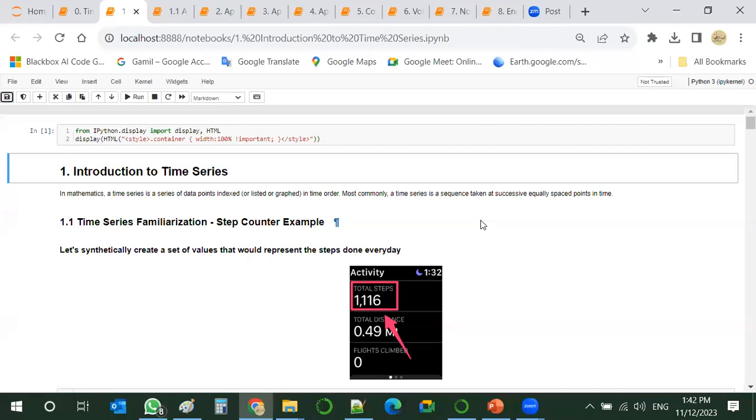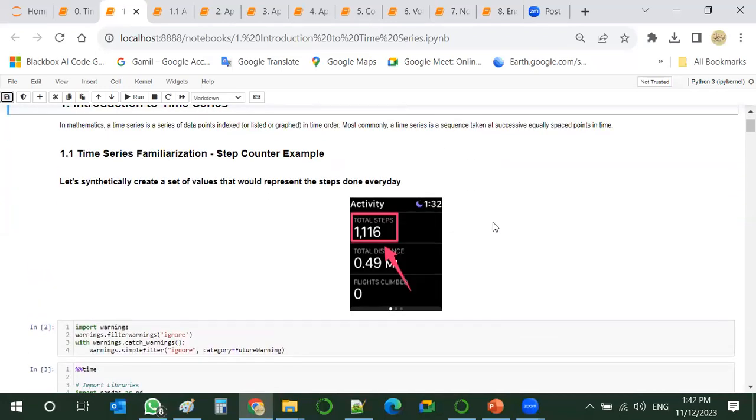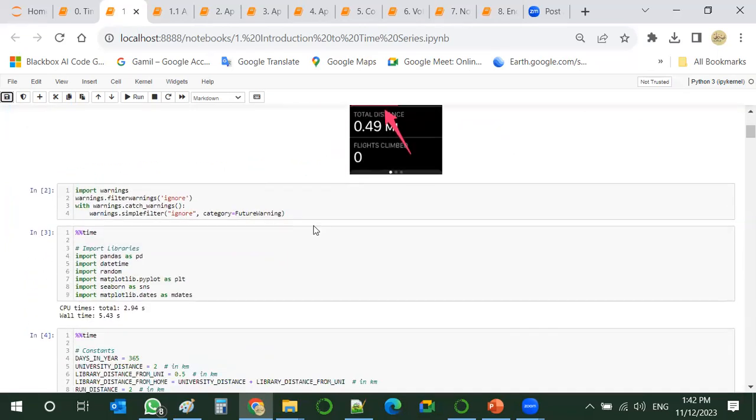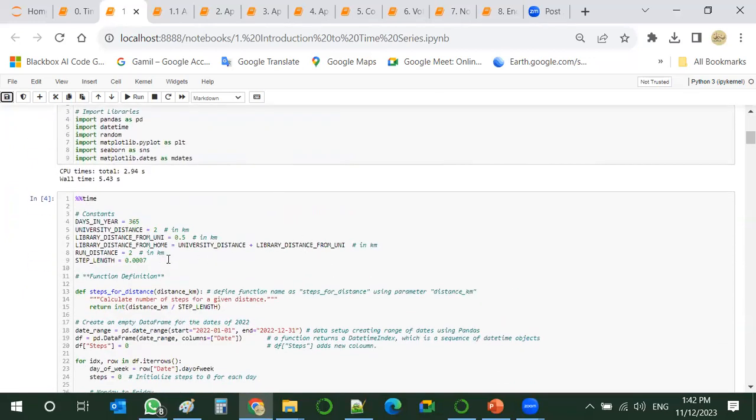We choose this example of a step counter, which everyone who has a smartphone can relate to. So we assume that we have a student who goes to the university and comes back twice.